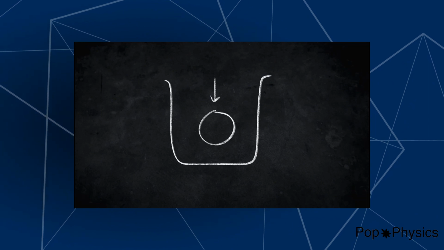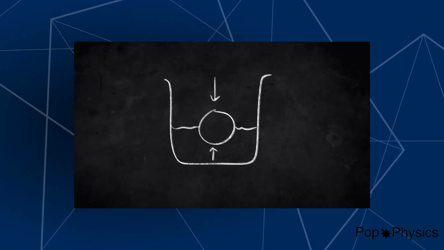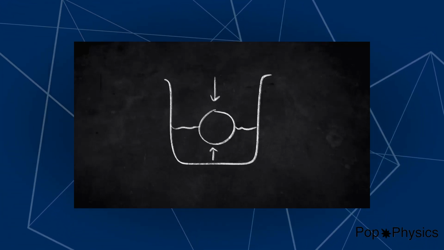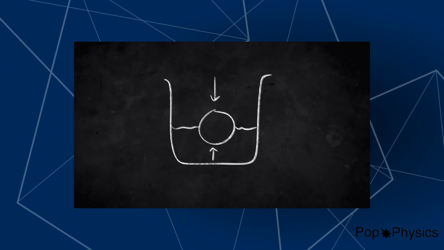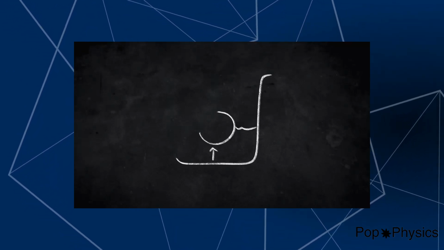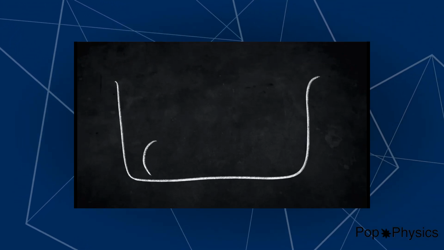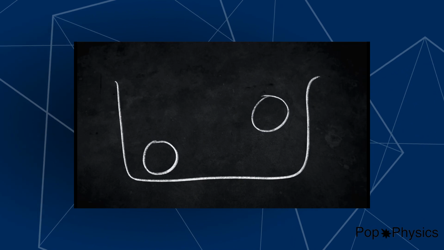All objects have a weight, and this is determined by its size and its density. When the object is submerged in a liquid, in this case water, it experiences an upwards push against its weight. This push is called buoyancy, or a buoyant force, and this force is determined by the density of the liquid. If this push is greater than the weight of the object, it will float.